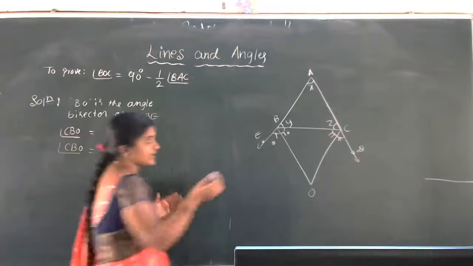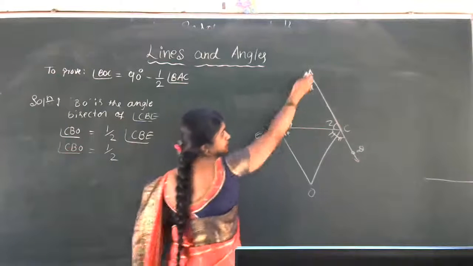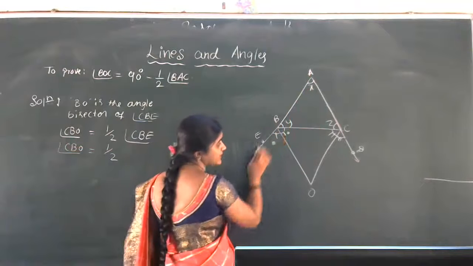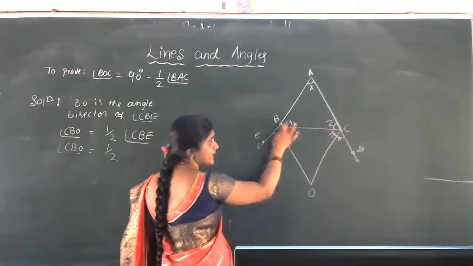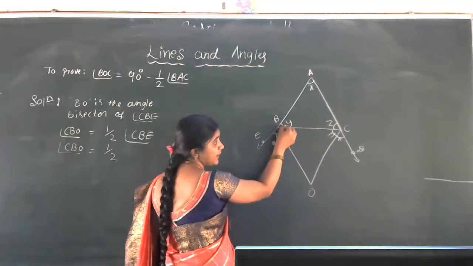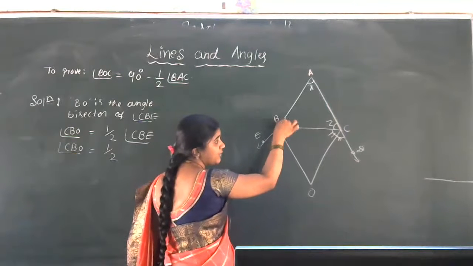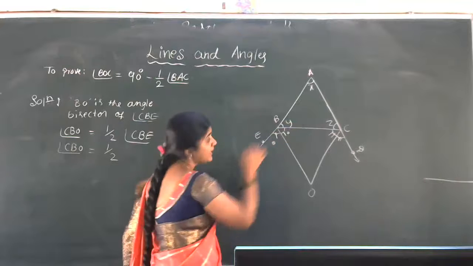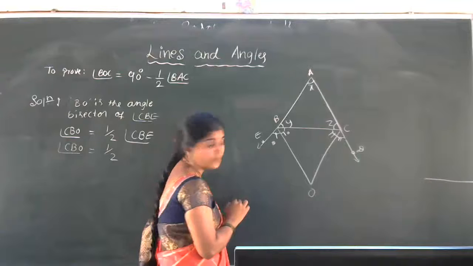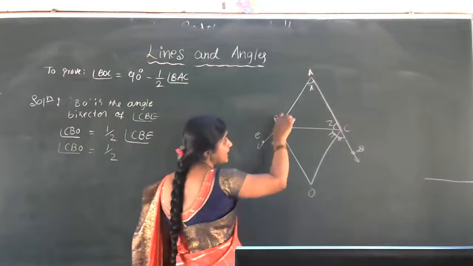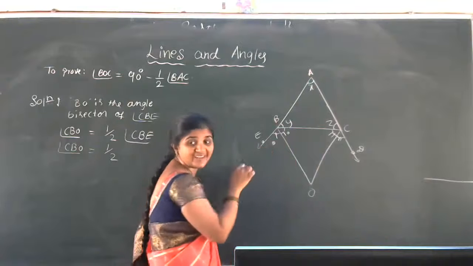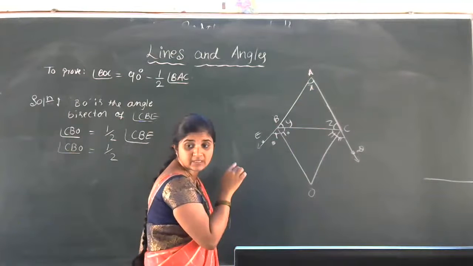For that, I'll take the help of this line, ABE. Are you observing this CBE, students? CBE covers these two equal angles, and one more angle is there, y. It forms a linear pair, right? y plus this one is equal to 180, no? Because AB line is produced up to E, ABE forms a straight angle.